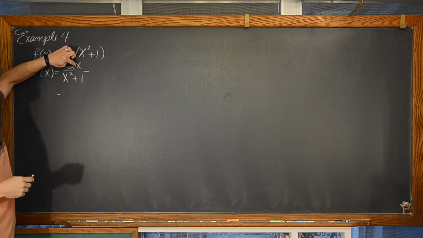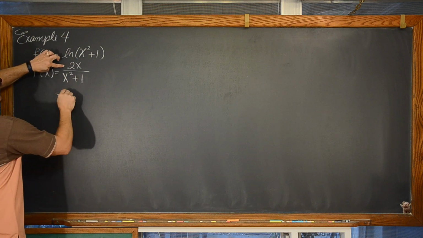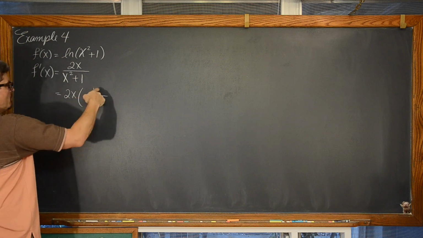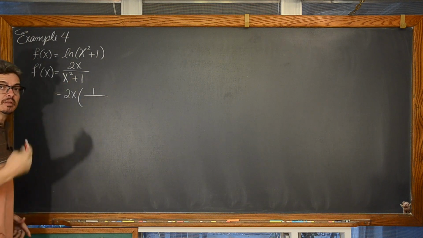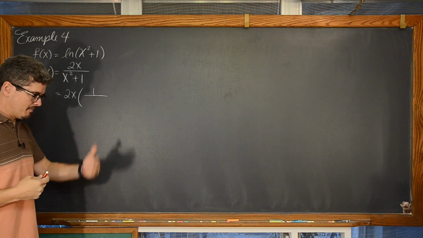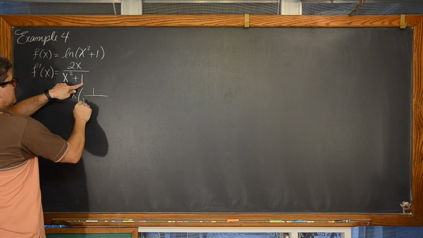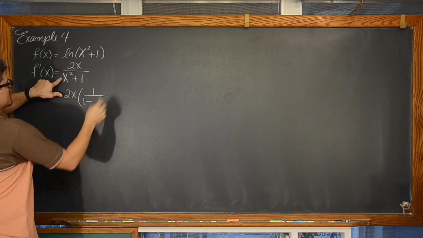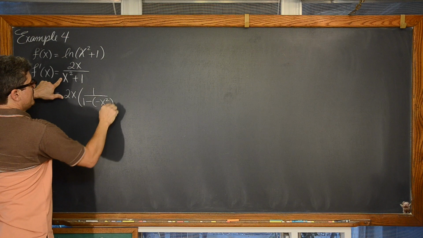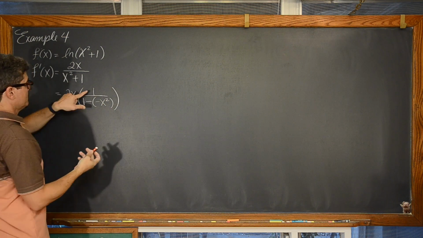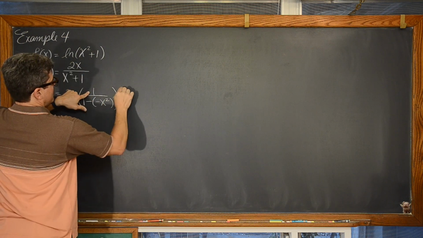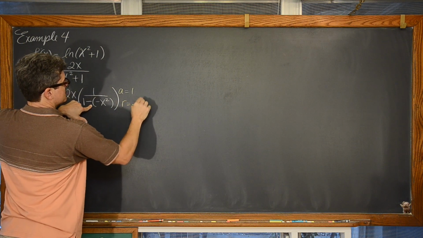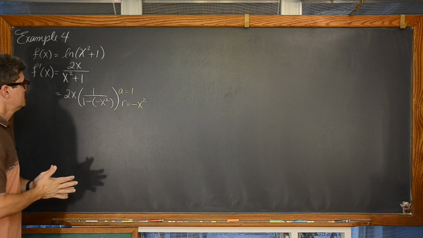Well, we've got a variable in the numerator, so let's get that out of there. So we have 2x times 1 over, and there's a binomial in the denominator. So if we can get this to look like 1 minus r, well, we already have a 1. The numerator doesn't have to be 1, but we need a 1 minus. Oh, well, we'll just write 1 minus negative x squared. Now we're looking at this and we're going to say that a is equal to 1 and r is equal to negative x squared. Cool.